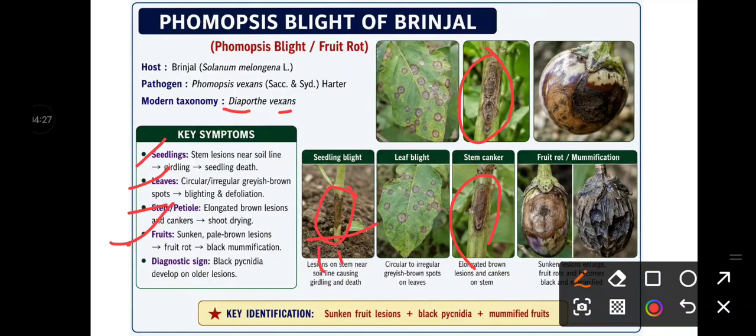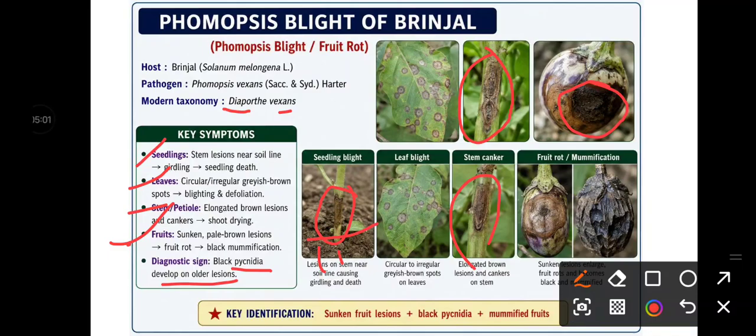The most characteristic symptom on the fruit is the production of black pycnidia in concentric rings. Remember this. Here you can see rings of black pycnidia. Remember this: the characteristic symptom of Phomopsis blight of brinjal is seen in the fruit, a sunken pale brown lesion